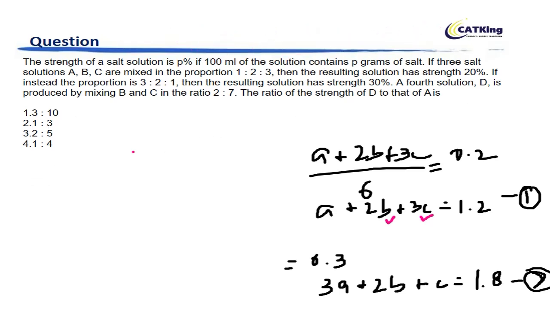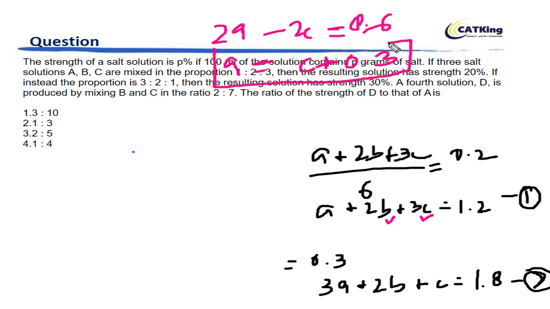The problem is, if you actually subtract it, here becomes 2A minus 2C is equal to 0.6. So therefore A becomes C plus 0.3. Okay. See, error at any of these steps will express itself. It will give you values that will not reduce to simpler values. Okay, that's one way of checking whether you are going on the right track or not.